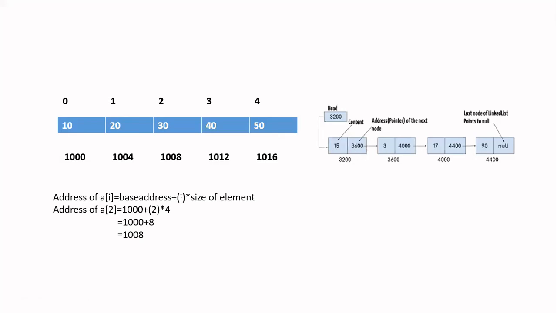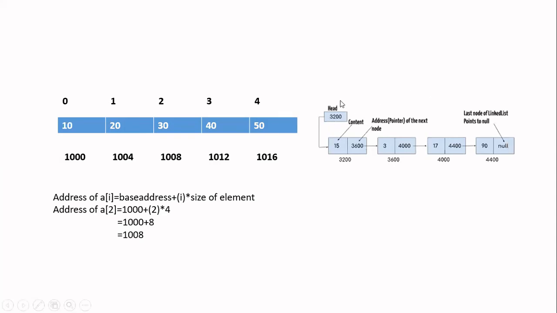We have seen in the first unit that every pointer is going to occupy 8 memory locations. So for this 15, 4 memory locations, and for this pointer, 8 memory locations, totally 12 memory locations for one node. Okay, so the next node also 12 memory locations, 12 plus 12, 24. Then another node also, third node also 12. So 36. Fourth node also 12. 36 plus 12 is 48.